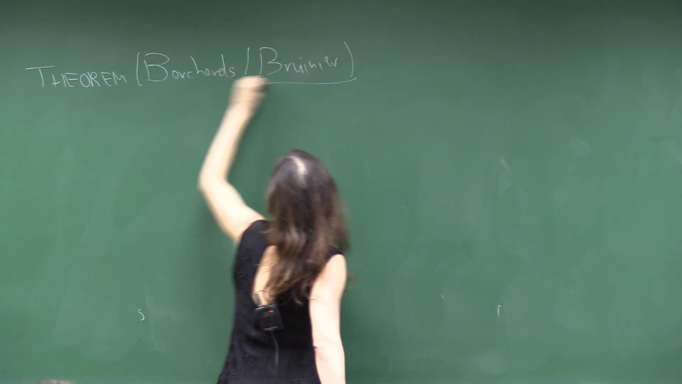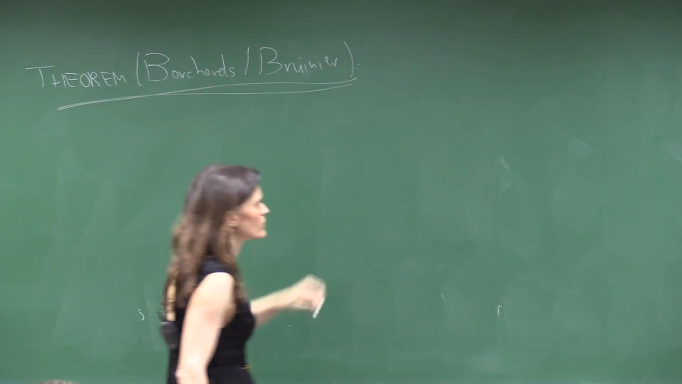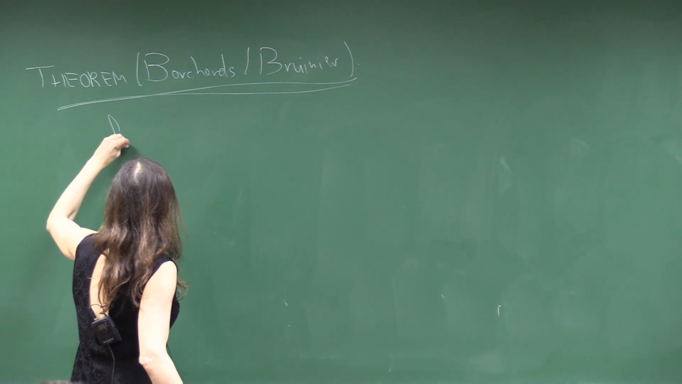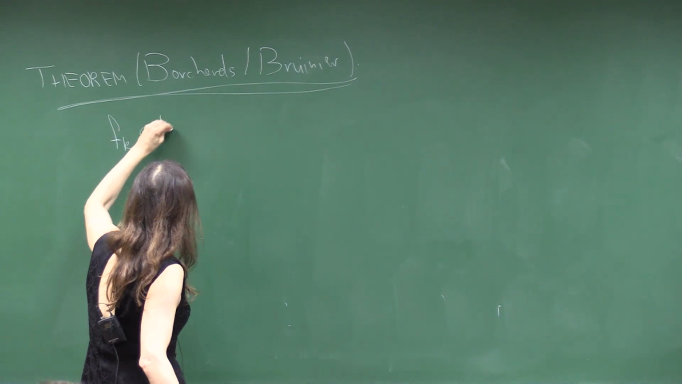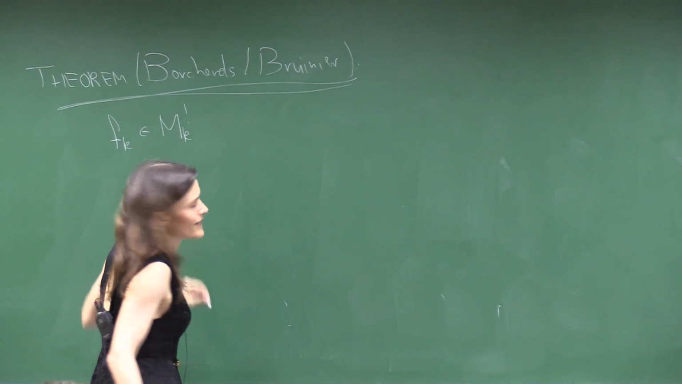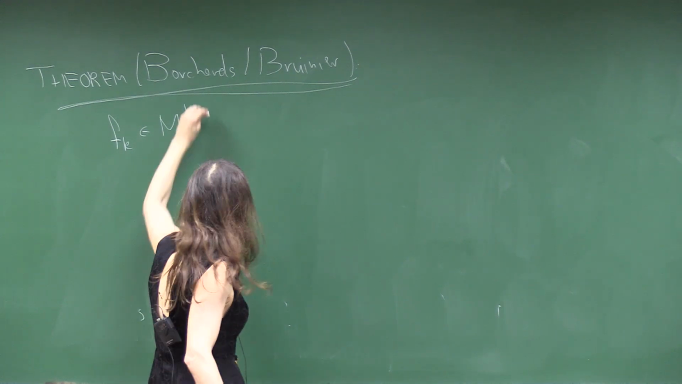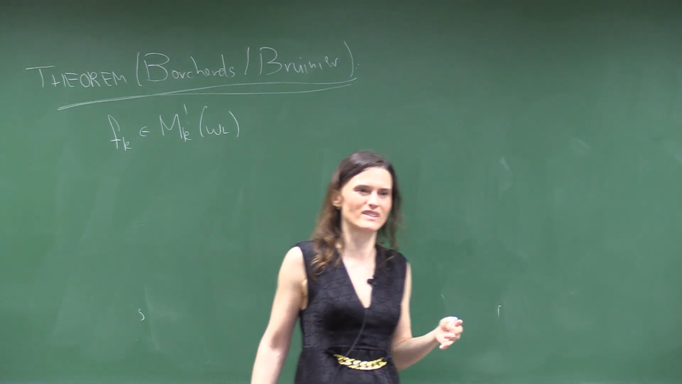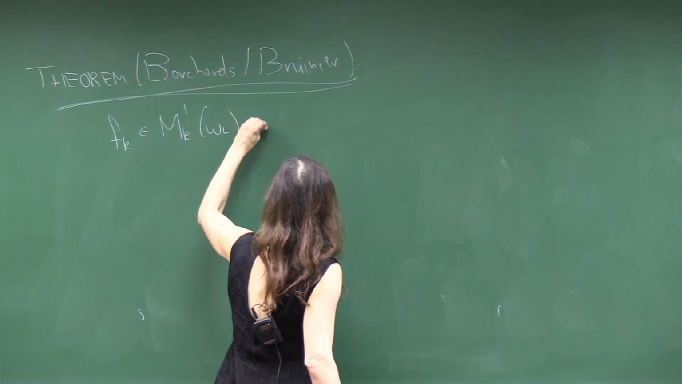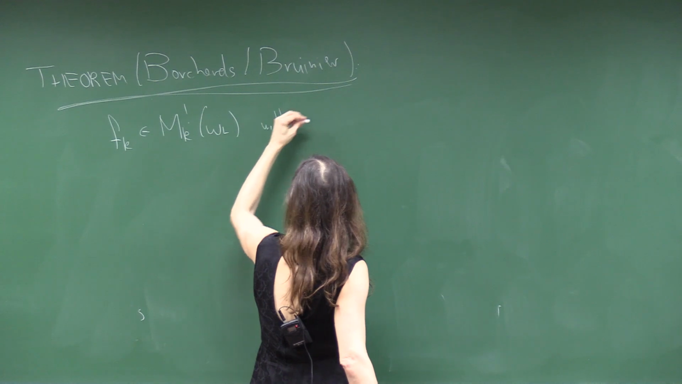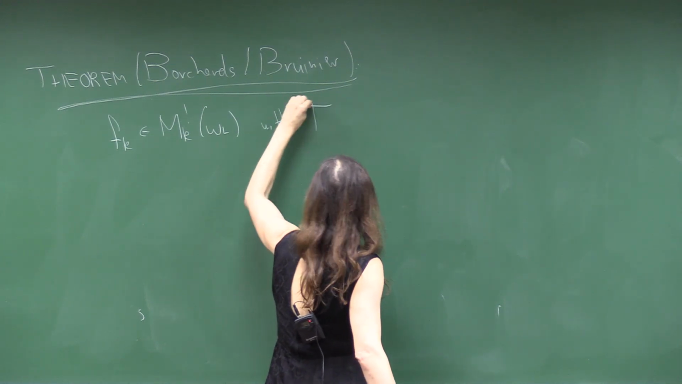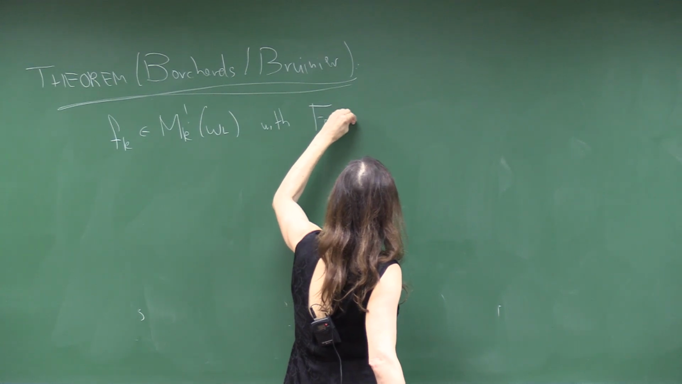So Borcherds' theorem, refined by Bruinier, is that if F is a weakly holomorphic form, and this is key, weakly holomorphic, for instance, that'll be satisfied trivially if it's holomorphic, but you can be a little bit more general than that, with Fourier coefficients